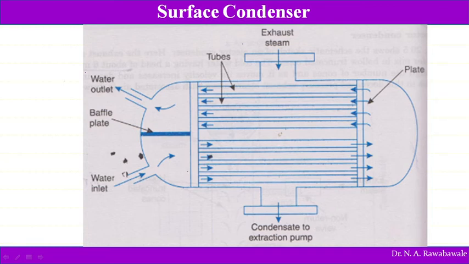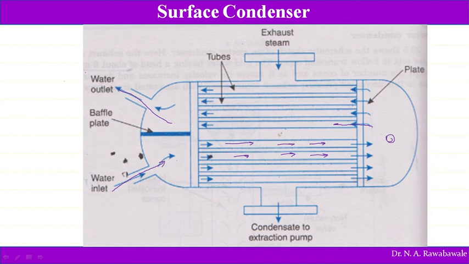Now you can see here the cooling water enters from here into this shell and passes through the multiple tubes. So cooling water is passed into these tubes. So n number of tubes are provided. As this water passes through the tube and is collected at the back end, again it is passed, automatically it moves into these tubes and comes out from here.